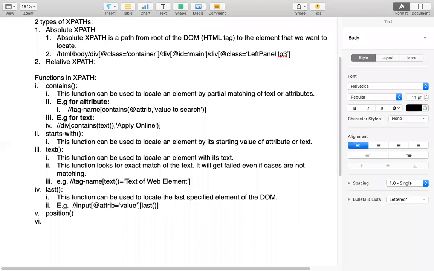Okay, let's say the element that we are looking for is at some particular position. Means let's say one parent is having 3 children. Now the first child will have the position 1, the second child will have the position 2, the third child will have the position 3. So if I want to search a particular element by its position, then obviously I can use the position function over here. So what is the example of this position function? This function can be used to locate the element by its position. Okay, and its example is,